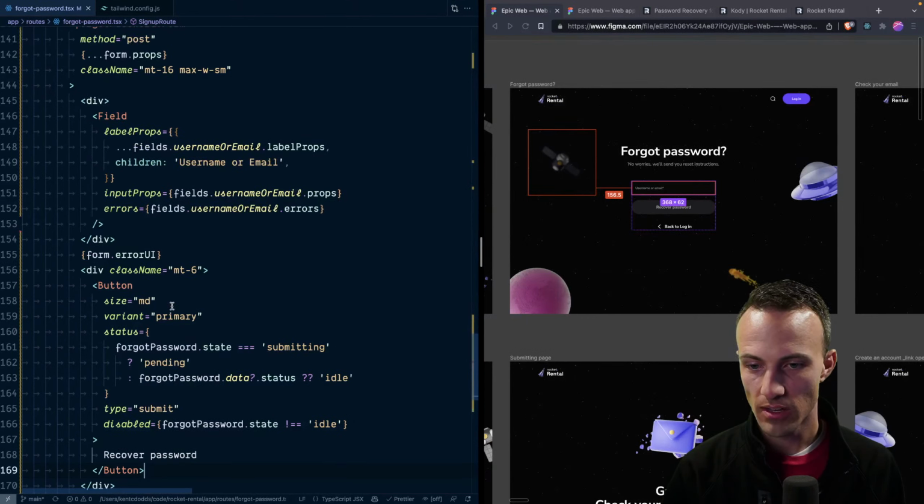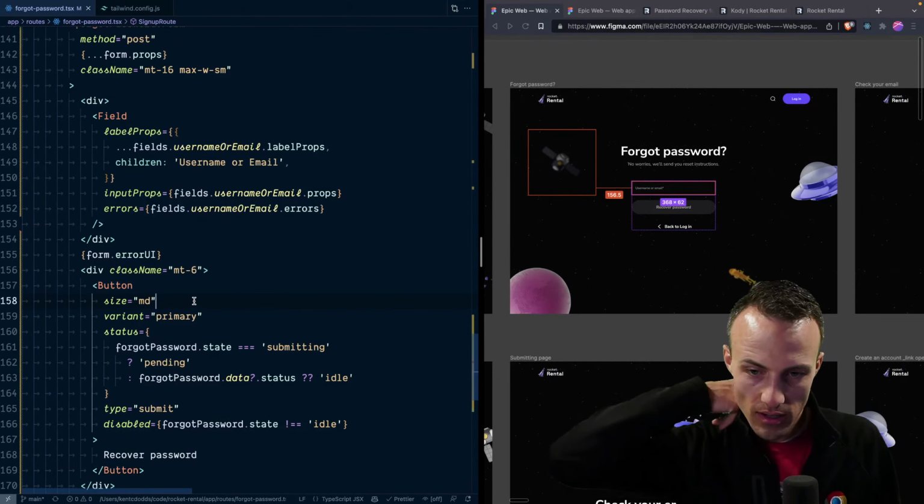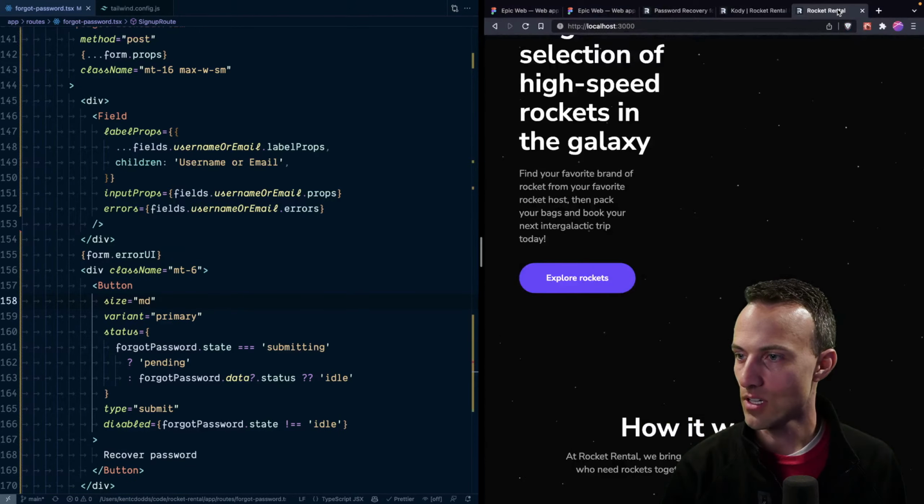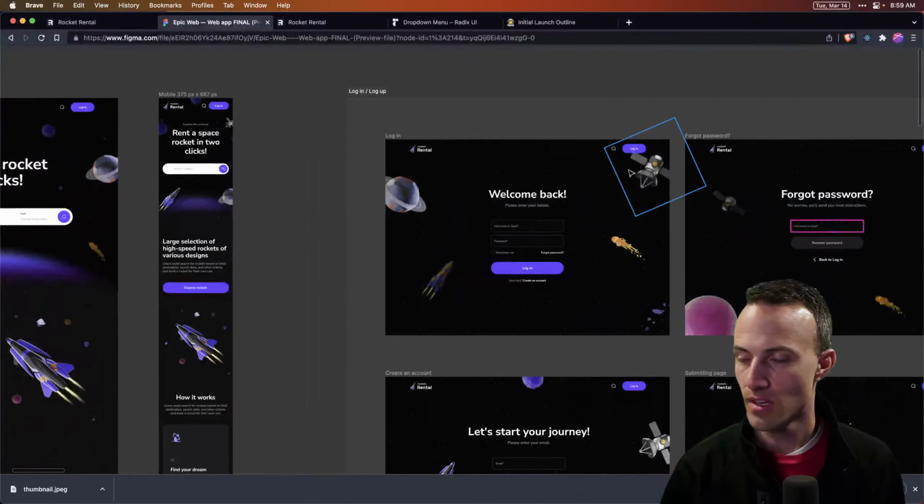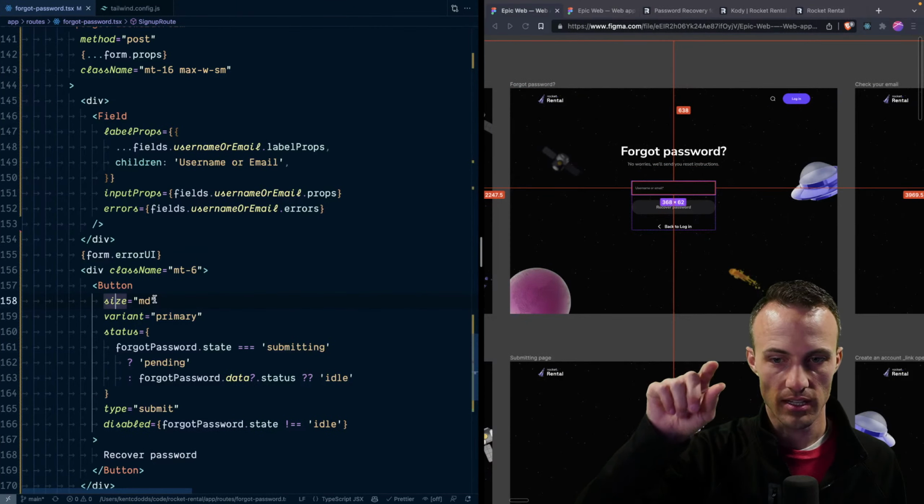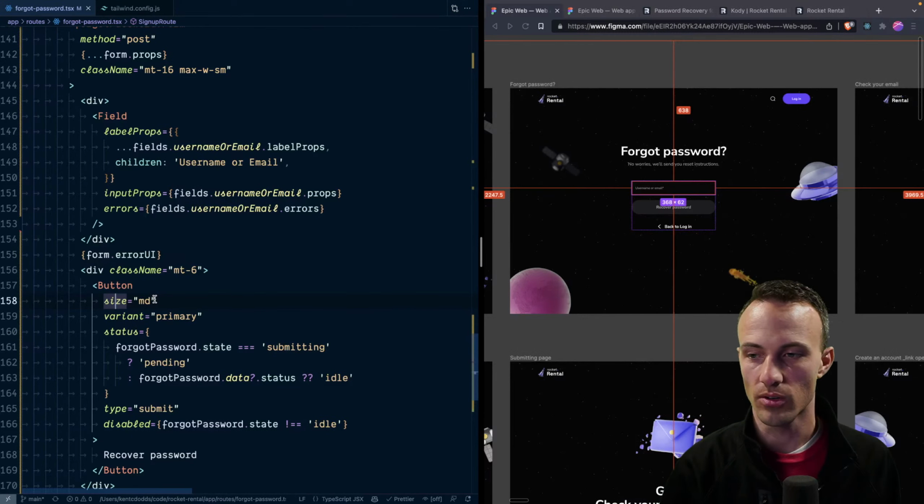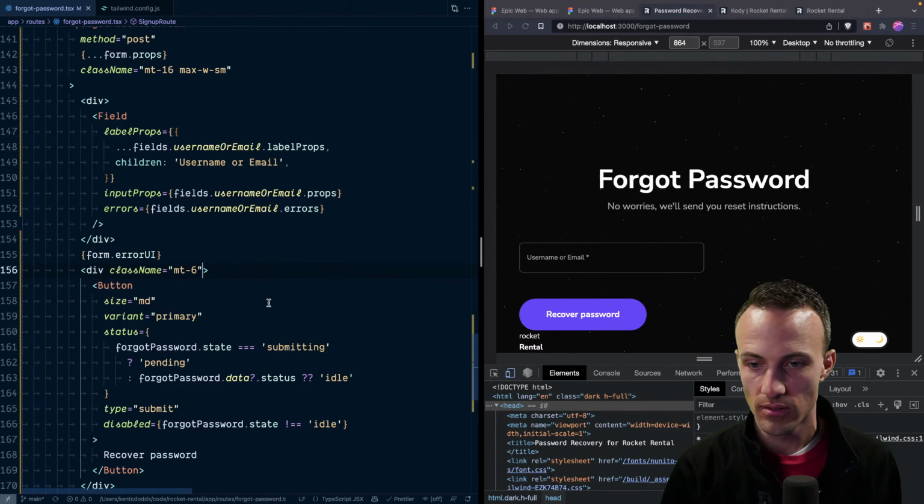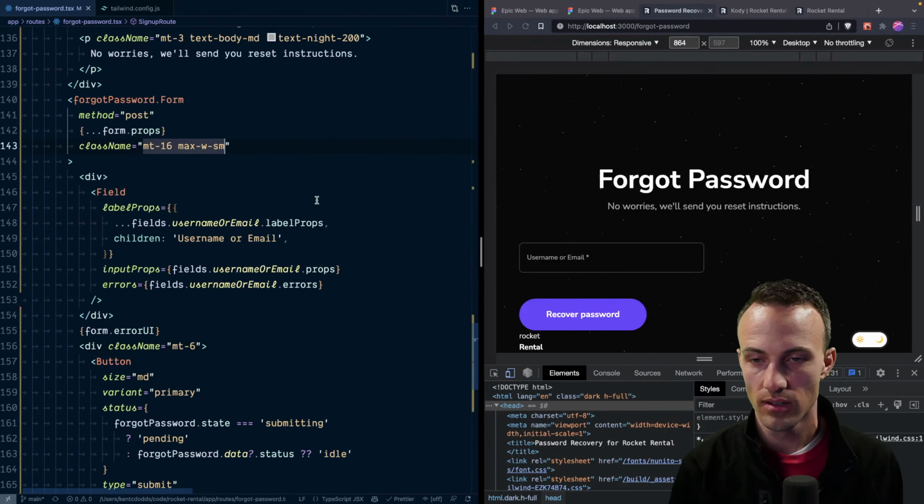And then this button, I think we might need a size MD full or something like that. And I'm starting to think that size should be vertical size, and then we should have a different thing for horizontal size. Right, and we're going to need